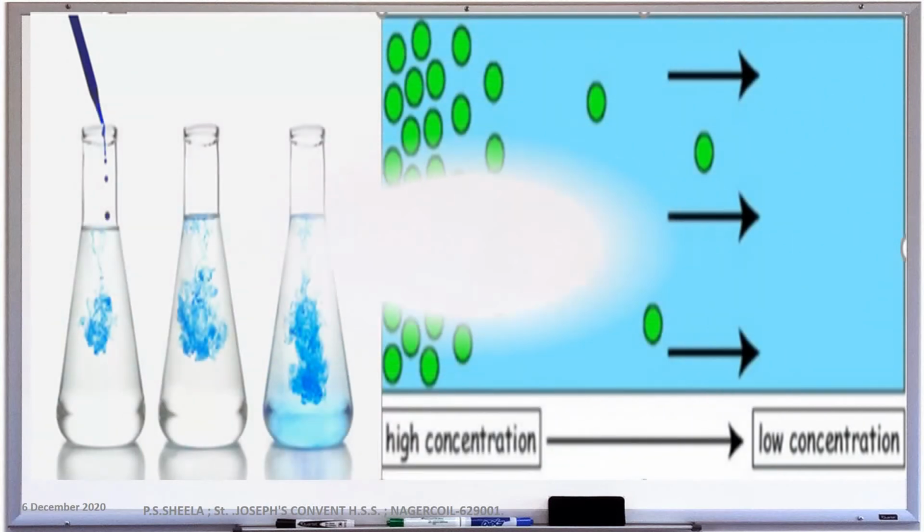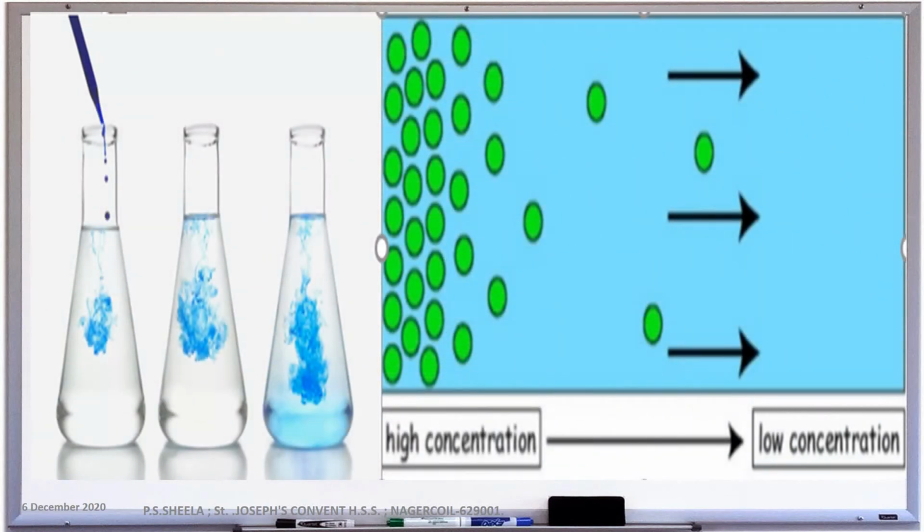It is clear that there are two means of transport in plants, passive and active. Diffusion is a passive process. When a drop of blue dye is dropped in a beaker of water, the highly concentrated dye molecules diffuse with the concentration gradient into the water until reaching equilibrium. This passive process of movement of molecules from a higher concentration to lower concentration without the requirement of energy is called diffusion. Now let's watch this video.